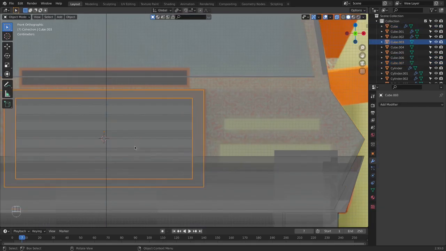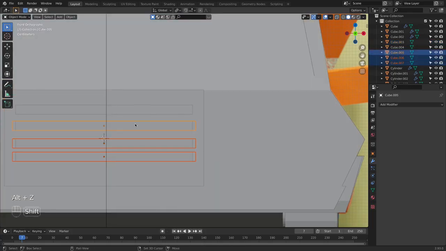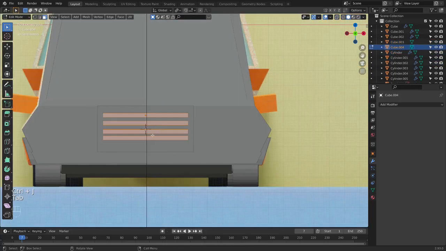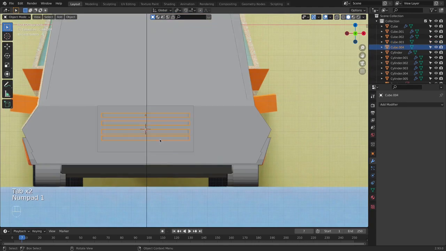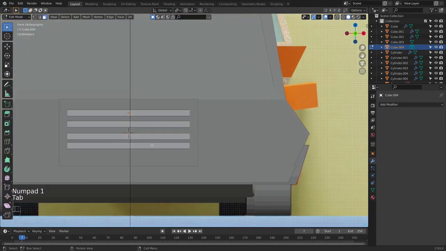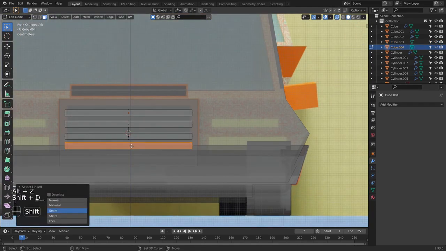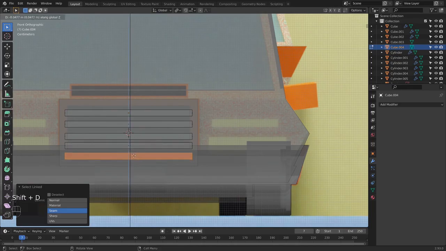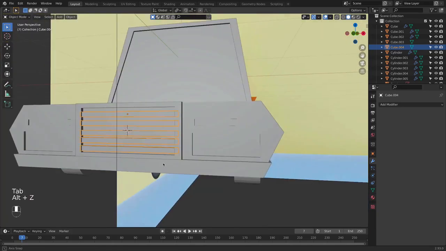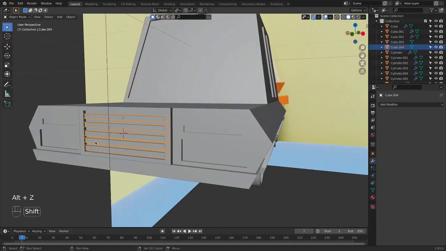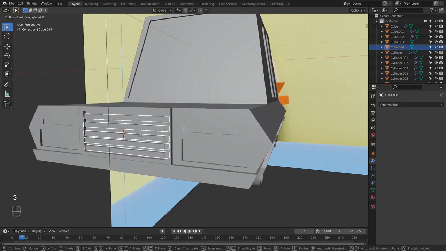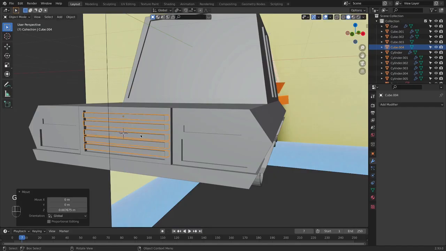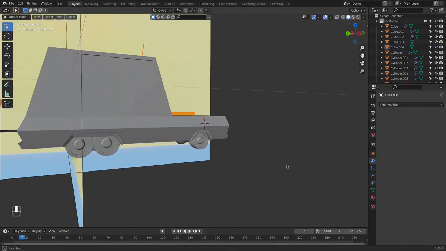Now I will select all of them. 1, 2, 3, 4, and Control J. And we need one more. So I will press L to select it and bring it down. Like so. Let's move it a little bit to the top. So it doesn't have to be so accurately done, but yeah,